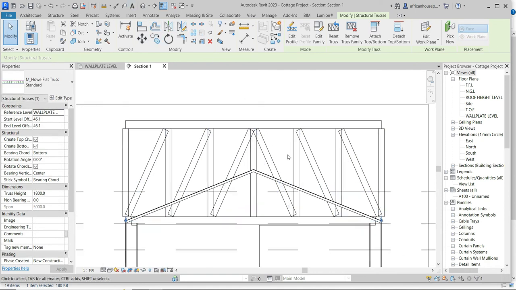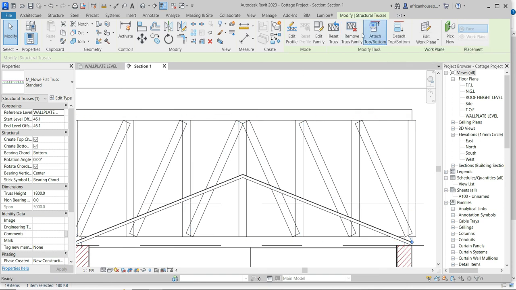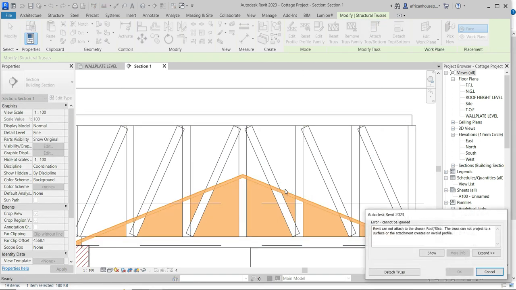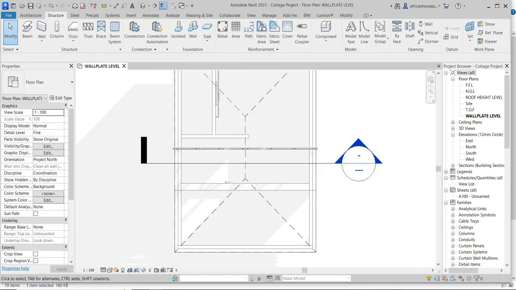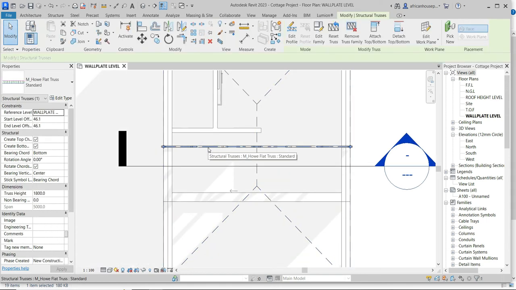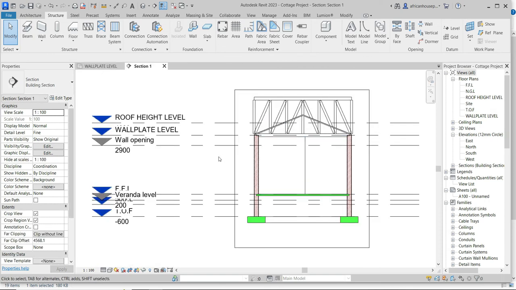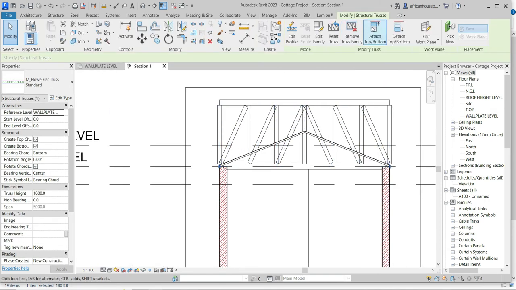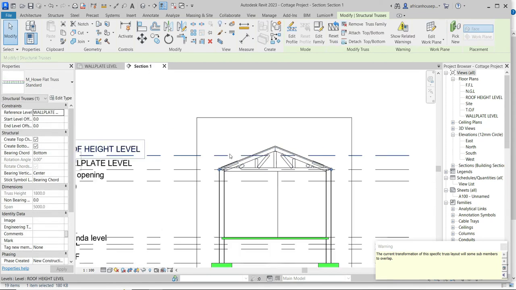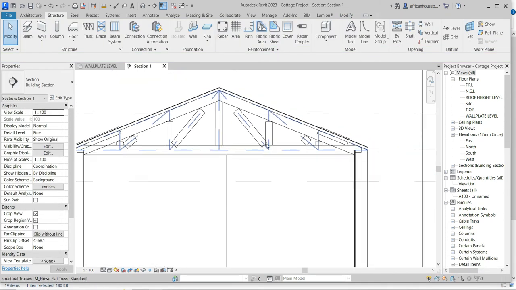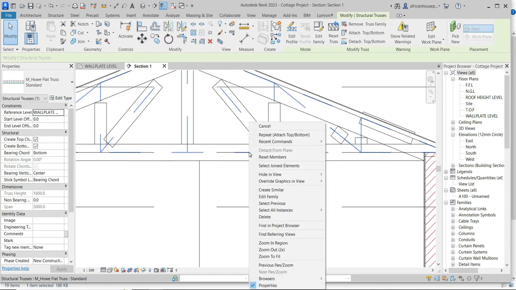Why isn't it? Come here, attach. Okay, something is wrong. The reason why it's wrong is it's not level, it's not straight. Let's come here again, select, attach. You can do it from any view. It has attached, right? So one thing I'll do now is to hide this